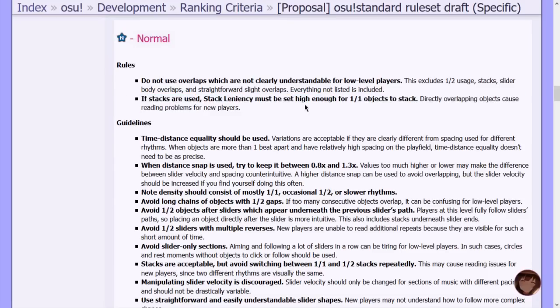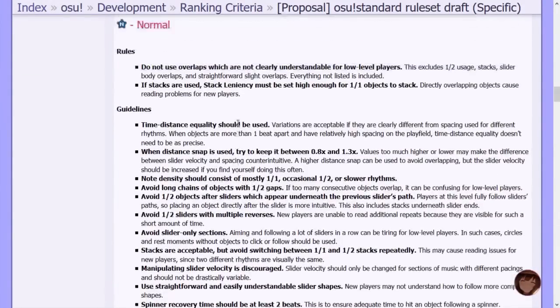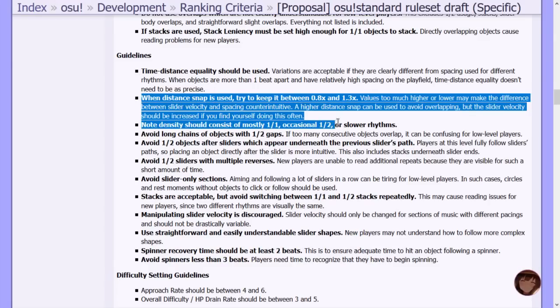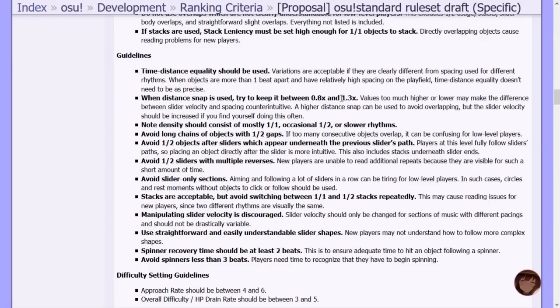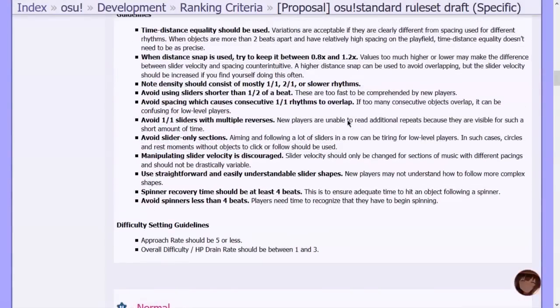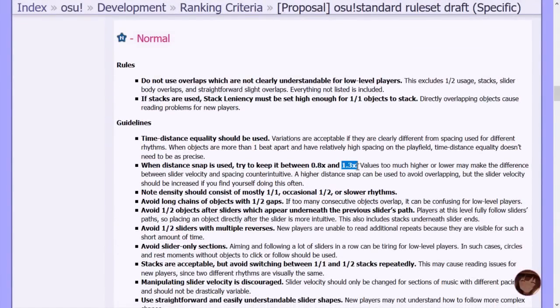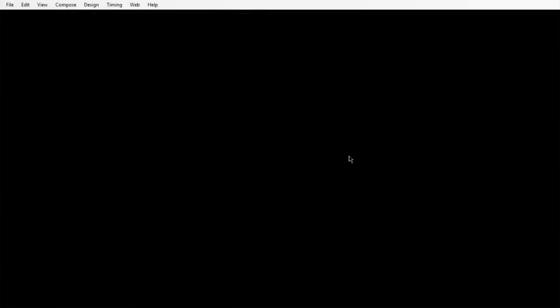If stacks are used, stack leniency must be set high enough for 1/1 objects to overlap directly. This is the exact same as easy. You don't even need to explain that. Guidelines: exact same as easy, except 1.2. That means we changed it to 1.3 here because